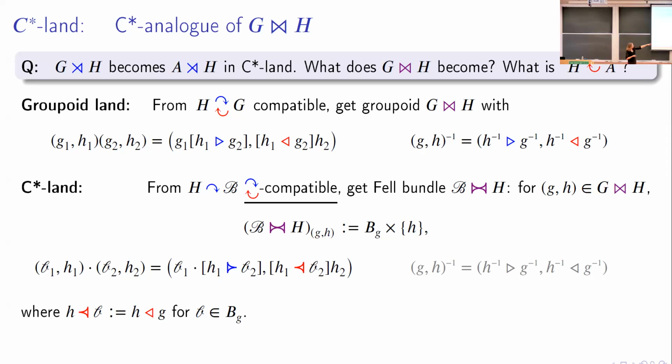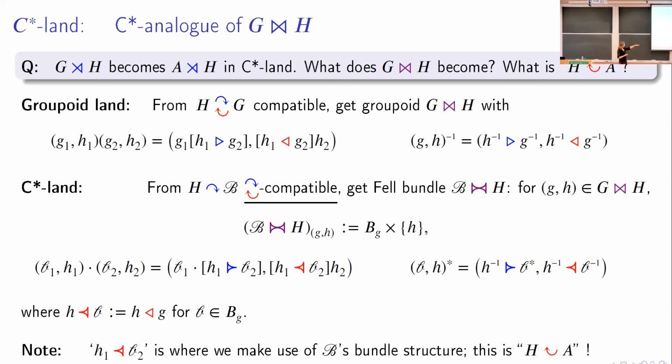And then likewise, if I look at my inversion, this now becomes my involution formula. I do the exact same thing. Wherever there's an inverse, that doesn't make sense. Oh, yeah, that should not be an inverse here. There should be a star. So wherever there shouldn't be an inverse, there should be a star. This is the involution in my Fell bundle.